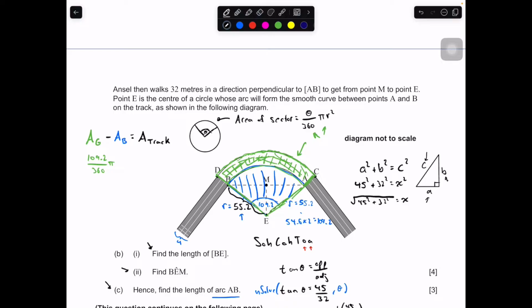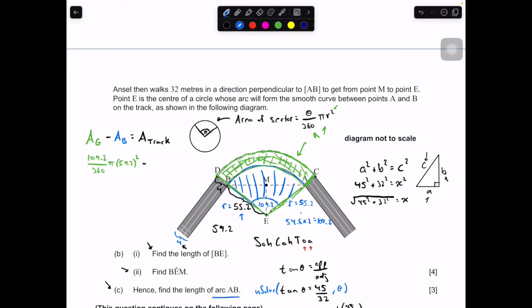The radius of this smaller circle was 55.2, and how do we find the radius of this larger circle? Well, we know the track itself is 4, so if we're traveling 55.2 from here to here, and we travel another 4 meters to complete this radius, we would travel 55.2 plus 4, a total distance of 59.2. So pi r squared is pi times 59.2 squared,